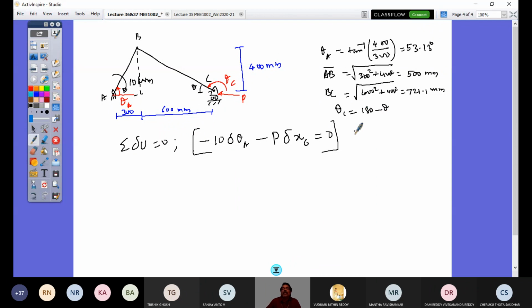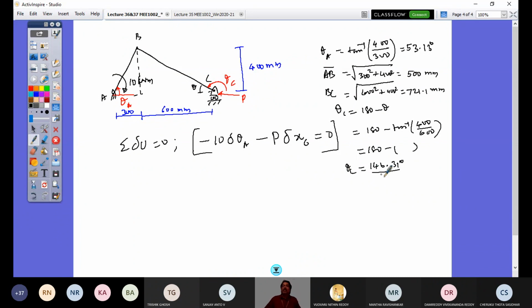So how much is that angle now here? Tan inverse of... 180 minus tan inverse of 400 by 600. That's going to be 180 minus... so that value comes out to be, this angular value I have found out, 146.31 degrees. So now this obtuse angle, the orientation of link BC from horizontal measured counterclockwise, theta C, is